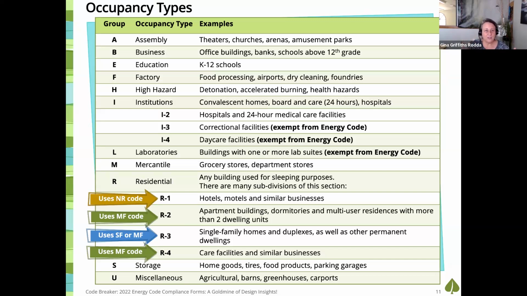So I don't know if you can see, what is not here? You'll see that laboratories, occupancy L, is exempt from the Energy Code. Occupancy I3, correctional prison facilities, and daycare facilities, I4, are exempt from the Energy Code. Also, occupancy C for camps is also not subject to the Energy Code,